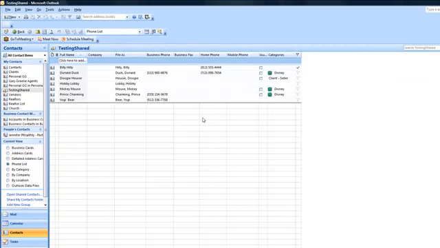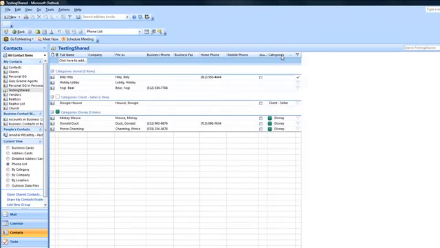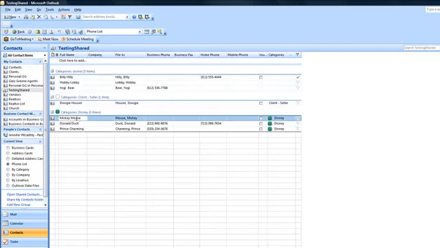Now I want to show you how you can just print some of your contacts. Some of you have categories and maybe you only want your buyers or sellers, or maybe you want separate phone lists for those. So I'm going to sort by categories, and instead of printing everything, I'm only going to print my Disney ones. So I'm going to click the first name, hold the Shift key, and it will highlight everything